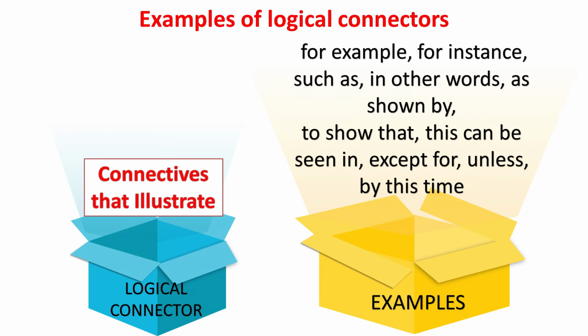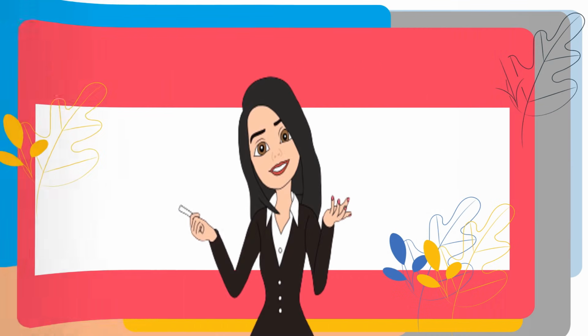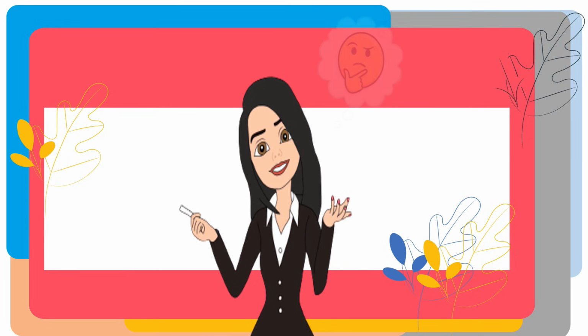Connectives that illustrate: for example, for instance, such as, in other words, as shown by, to show that, this can be seen in, except for, unless, by this time. So there you are, class, the different logical connectors that are used to employ sequential order, sentence openers, emphasis, opinion,